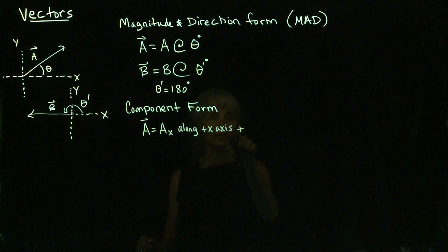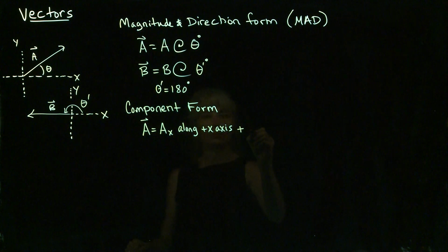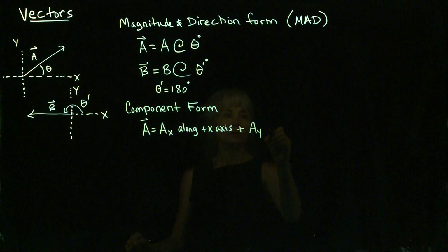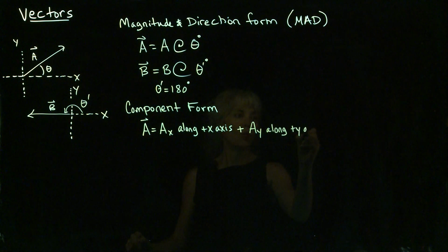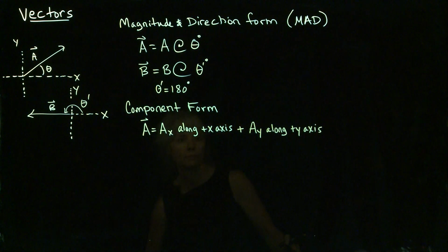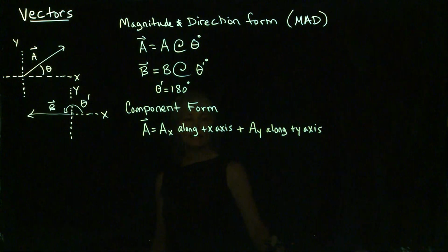Plus, because we also need this leg of the journey to get to the tip of vector A, plus some distance Ay along the, in this case, plus y axis or direction. Okay, so this is a lot of stuff to write,